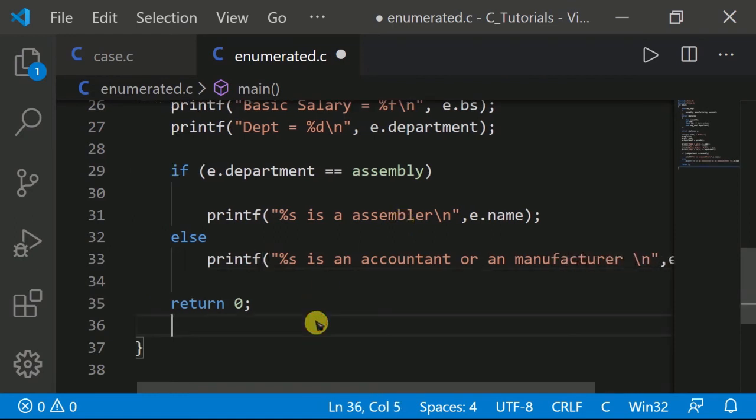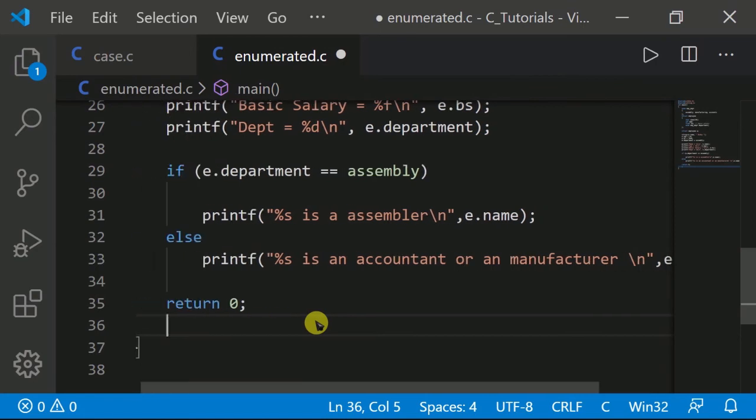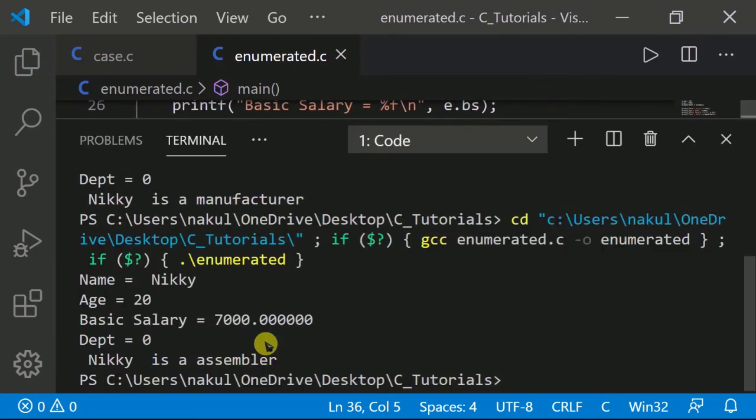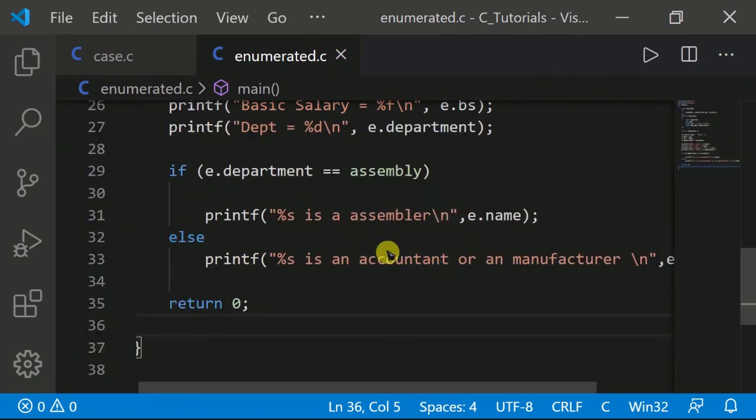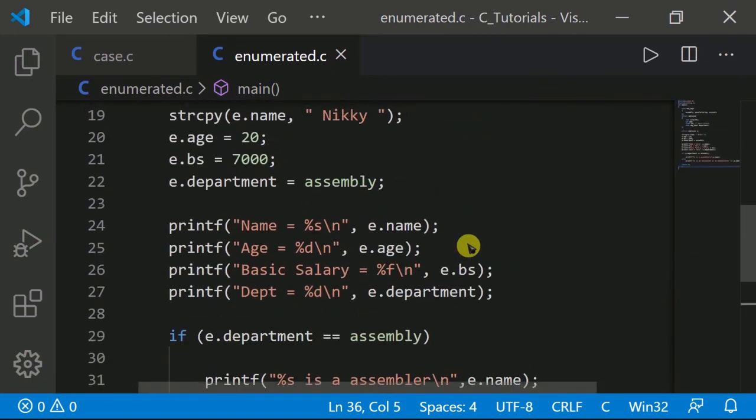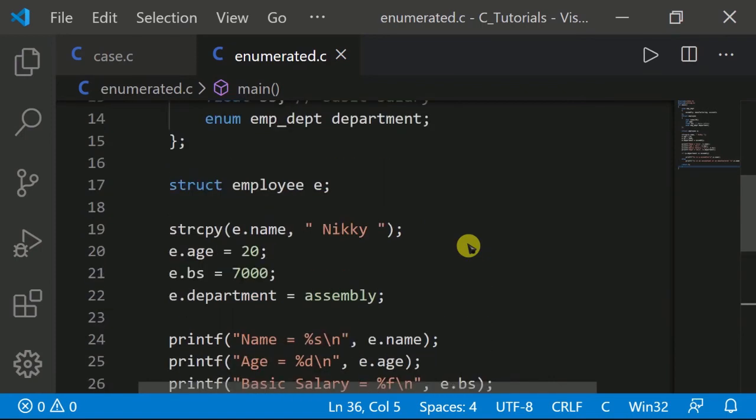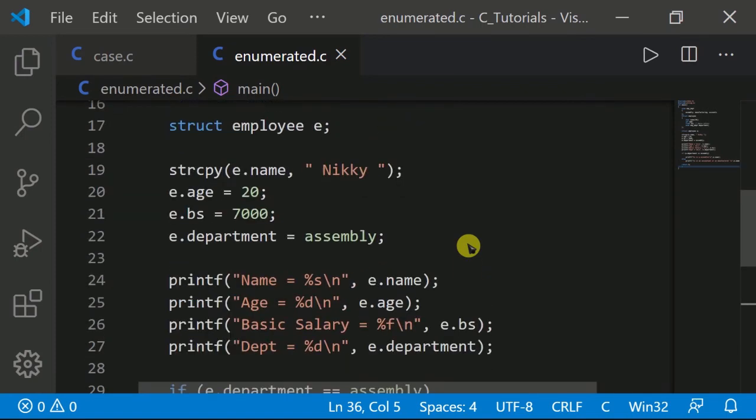Now let's see what will be printed on the output screen. You can see name Nikki, age 20, basic salary 7,000, and department equal to 0, and Nikki is an assembler. So that is the use of this department.